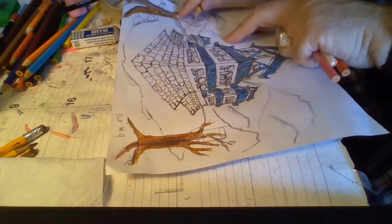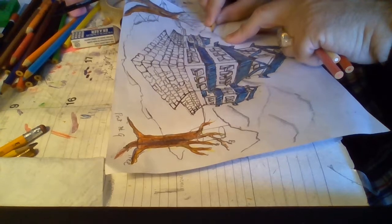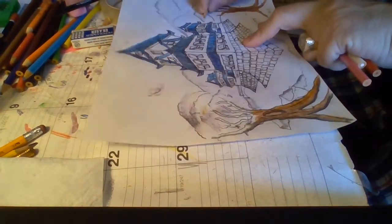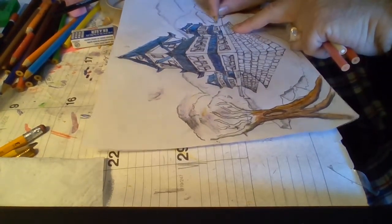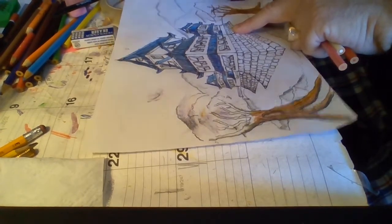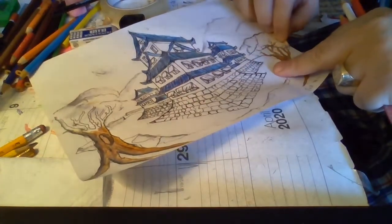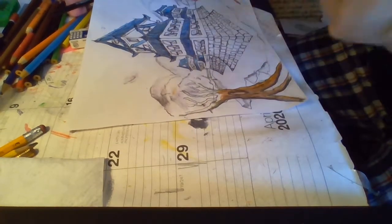So now I'm going to think of my cherry blossom, the part where the cherry blossoms are going to go. Okay, so I'm going to make my lines very weak here, just like a cloud. I'm going to blend it in. You're going to see part of the mountains too. So same thing here. Even though I didn't paint my mountains, I'm going to let some of the lines be there. So it's going to darken here too. This is part of the shadow of the cherry blossom. I'm going to incorporate it into the outline of the mountain as well. So it's going to go outside the frame. So here we go too. Maybe out here too. But I'm not done with the